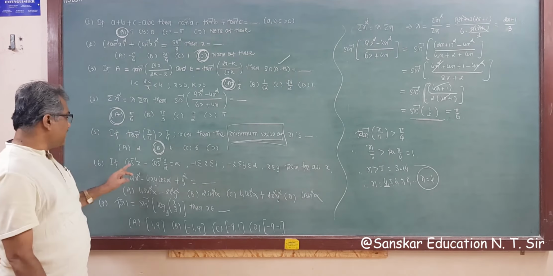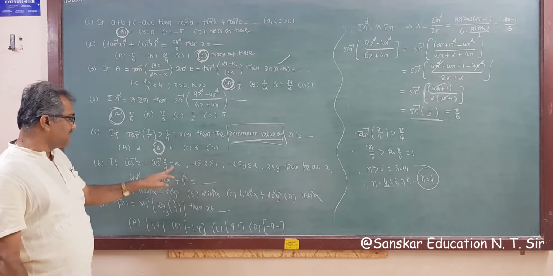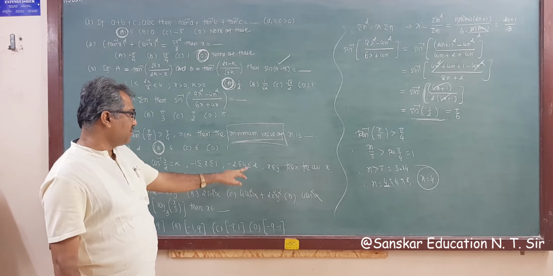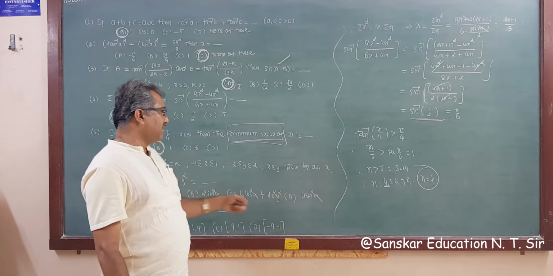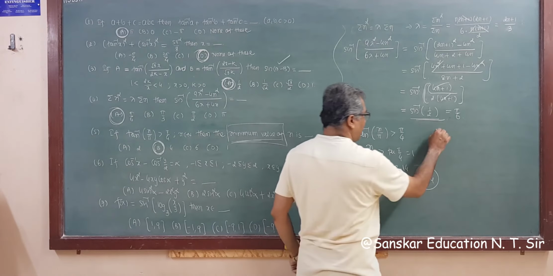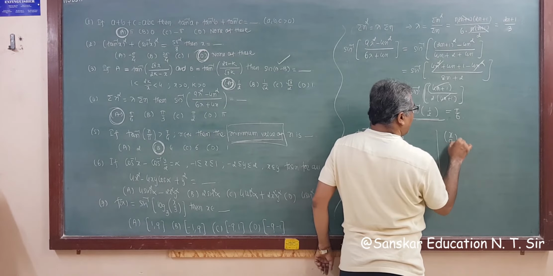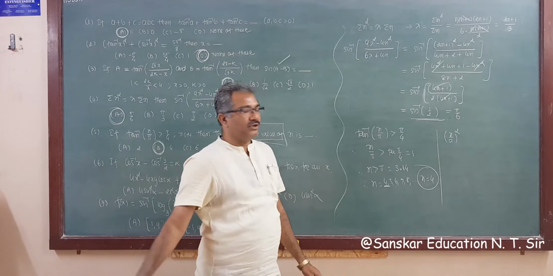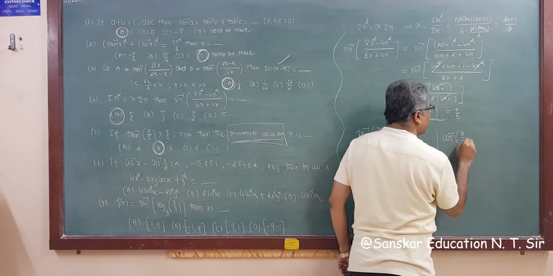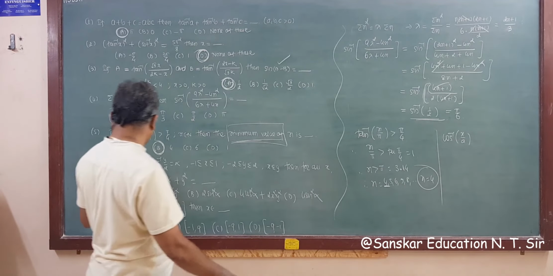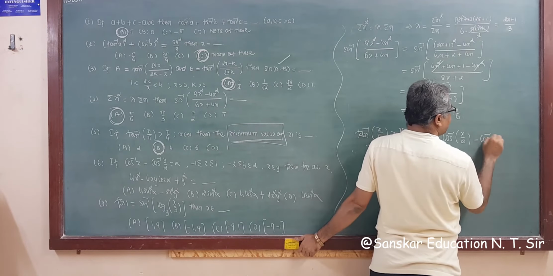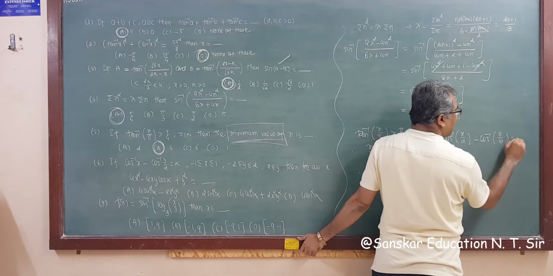Now this is cos inverse x by 2 minus cos inverse y by 2 is equal to alpha, where minus 1 less than or equal to x less than or equal to 1, and minus 2 less than or equal to y less than or equal to 2, and x is less than or equal to y. Then for all x, you have to find this out. Now we have one formula that you know: cos inverse of x upon a minus cos inverse of y upon b is equal to theta.